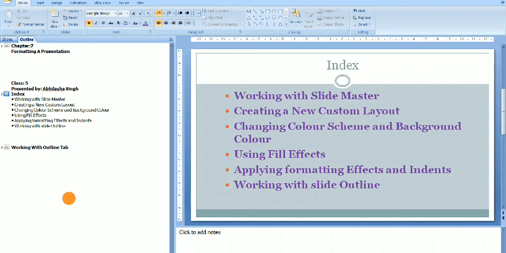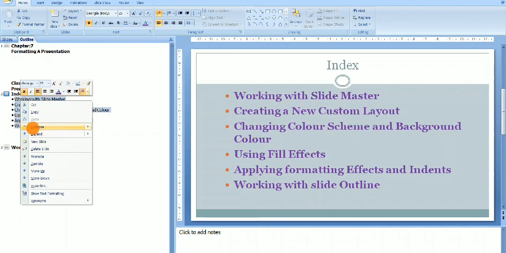Okay, if you want to collapse, you just have to select this. Why am I selecting? Because if you do not select any text, then to what are you applying the changes? I want to apply it to the subheadings, so firstly I have to select this. After that you can collapse it or expand it. It is up to you what feature you want to apply.